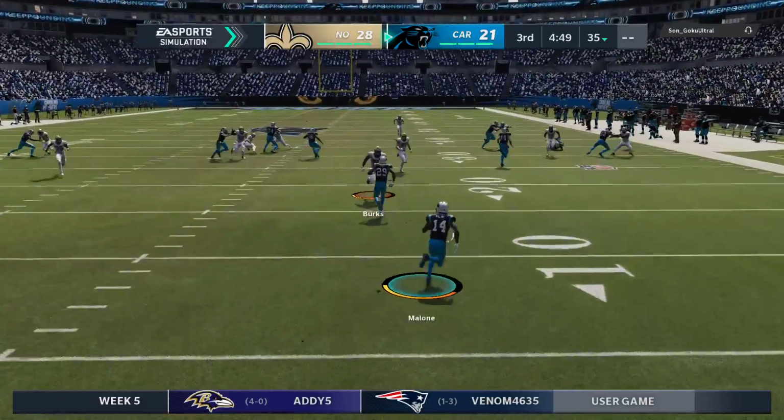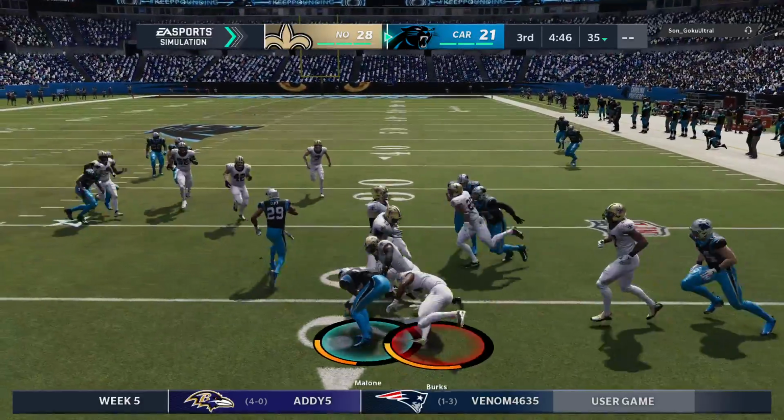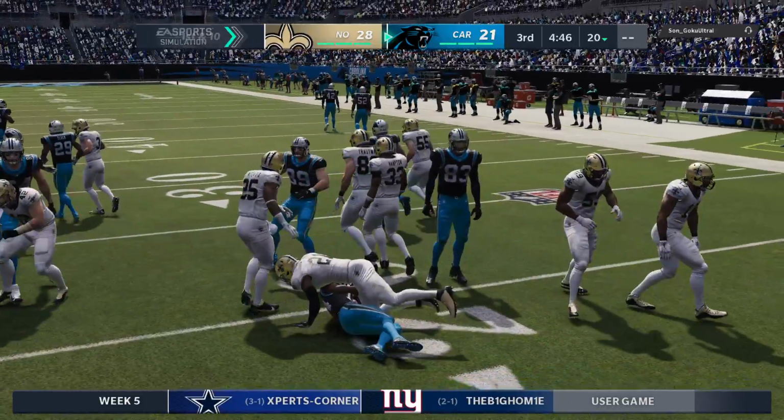And this carries into the end zone. And that decision to bring it out ends up not being a good one. Cost him about...